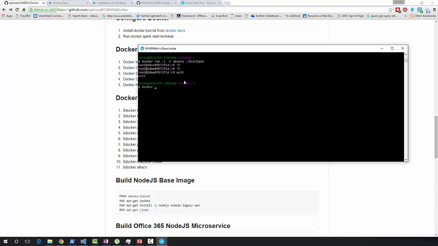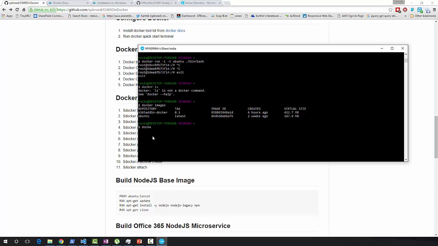and type docker images. This would list the images. So we have the Ubuntu image and the app which I built. Now let me go ahead and delete the image which we eventually built. Docker,